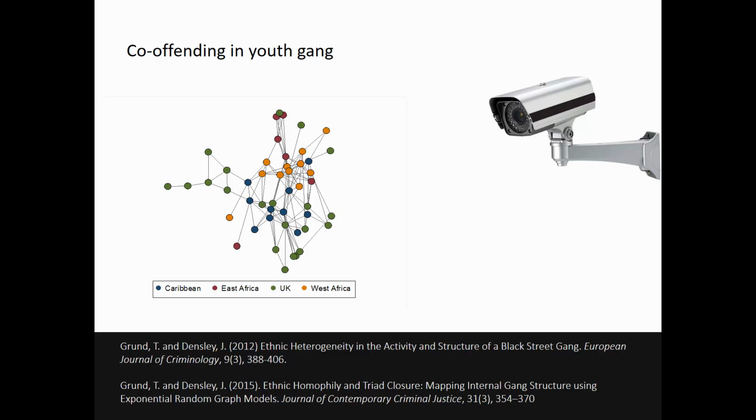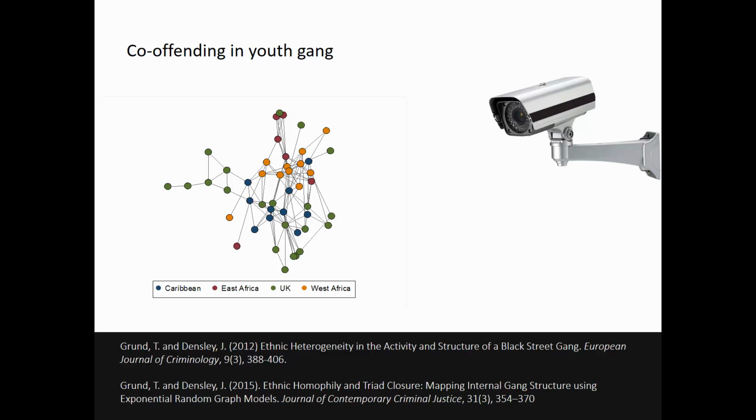There we looked at, which I think was fascinating, a colleague of mine, he did his field work with a youth gang in London. Basically, he was hanging out with that gang for 2 years, was it even 3 years? And there was a lot of things happening. There was a lot of violence. There was one murder. He wasn't involved in it, luckily, but he was in touch with those gang members all the time. He wanted to understand how they work, how they recruit people into the gang, and then we started teaming up, and we looked at co-offending patterns within this youth gang.